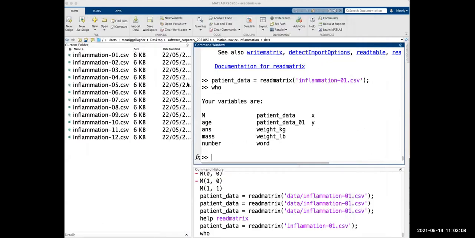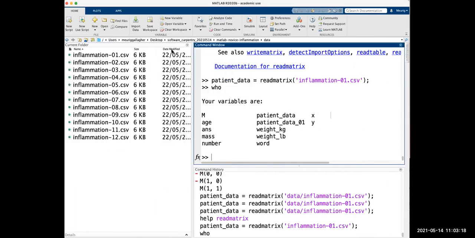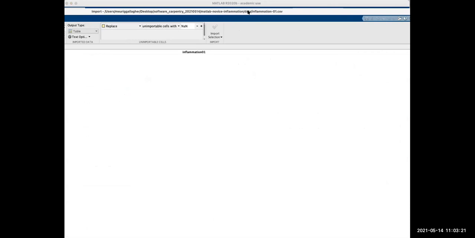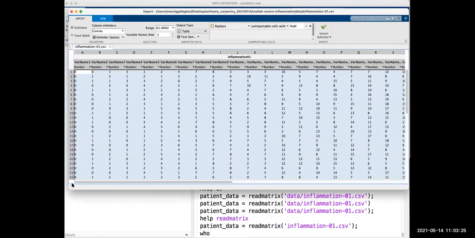Okay, so do you have a button that looks like import data at the top? Yeah. So if you press that import data button, and then choose your file, click open. So I open it, it shows me all the CSV files. Pick one of them and then click import selection.